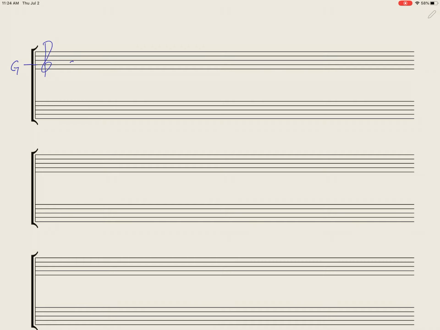So we started with A. There's A, B, C, D, E, F, G, and then we get so high here that we need to add an extra line. So these are notes again, A, B, C, D, E, F, G, and then we get back to A again. And this is how we identify note names using our alphabet, which happens in a lot of places in the